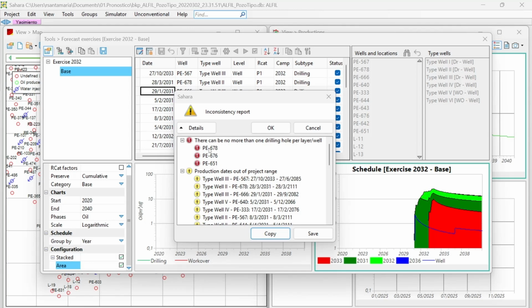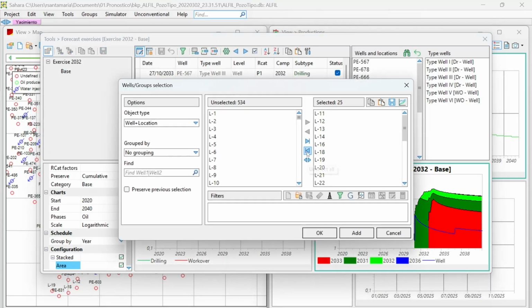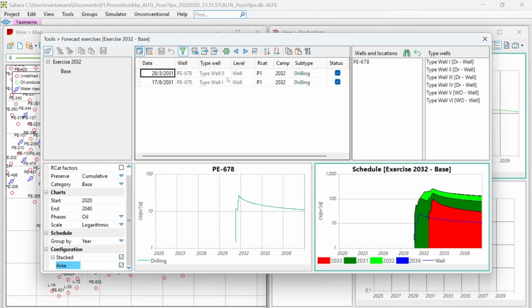So we have P678, 676, and 651. So let's click OK here, and let's use this tool over here to look for these wells and see what is happening. So 678, we are going to select it, and we are going to filter it. And as you can see here, we have two drilling well types associated with this well. Let's assume this is a mistake that we have identified, so we are going to just erase one of them,